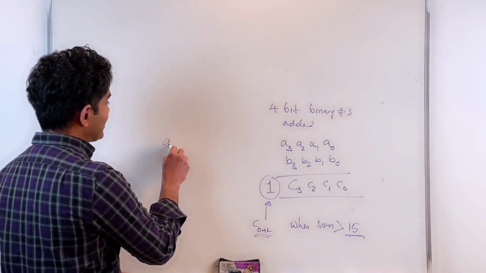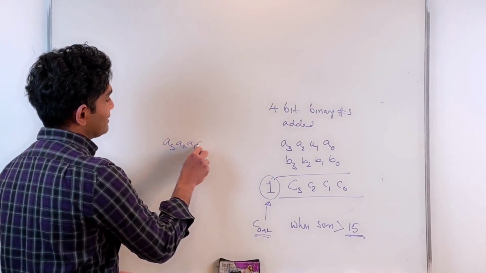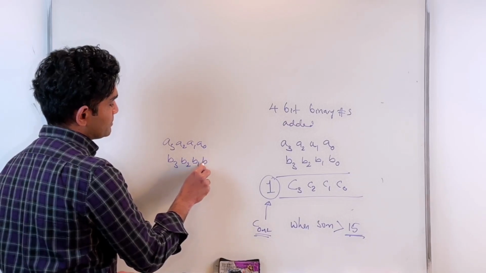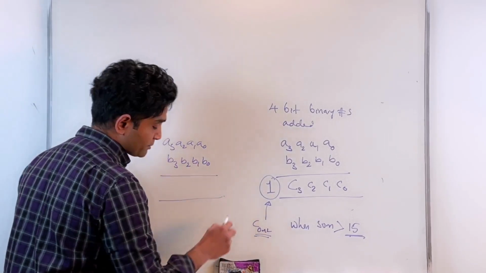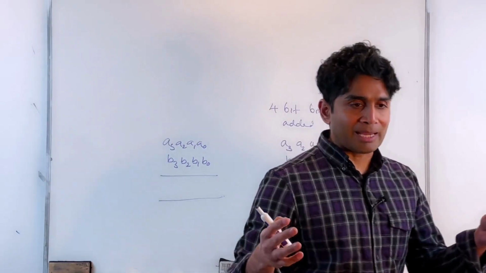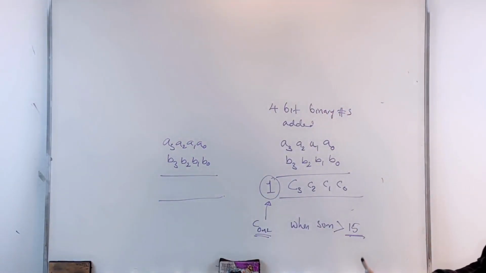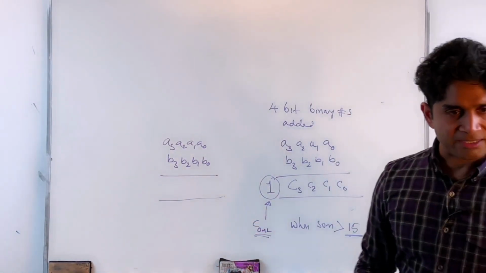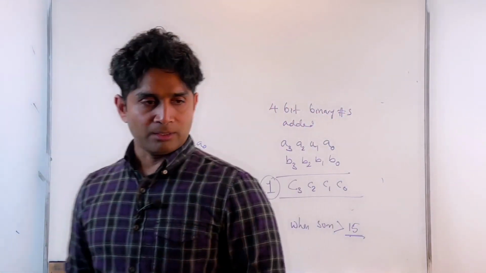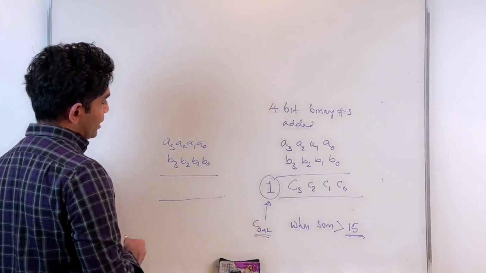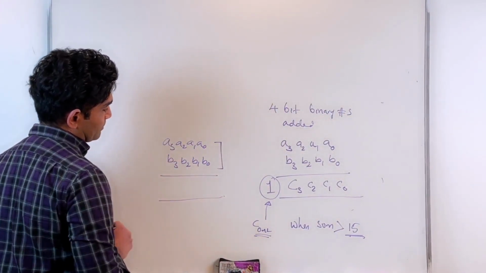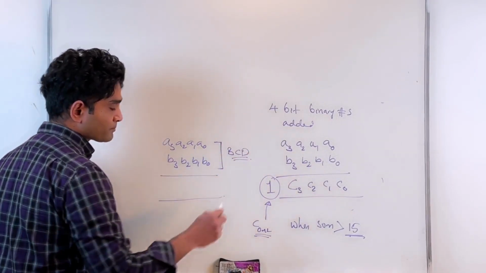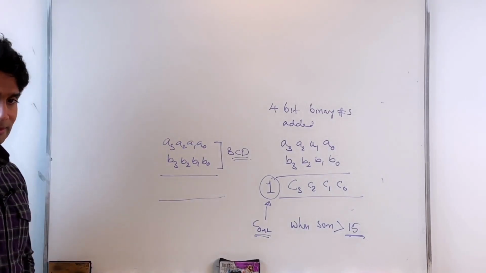Now, if my A3, A2, A1, A0 are supposed to be my BCD digits, again, I'm trying to apply them to a binary adder. The binary adder doesn't know that what I'm applying are BCD, right? So it basically assumes that it's just binary and then gives out the sum, a binary sum, right? Now, when I'm trying to add these two binary coded decimal digits,